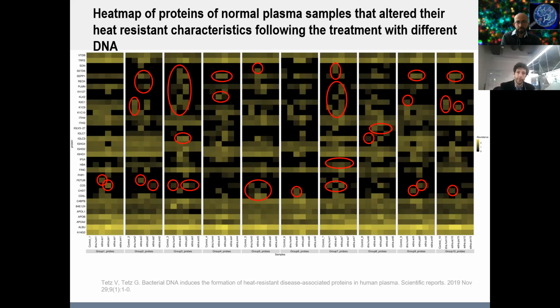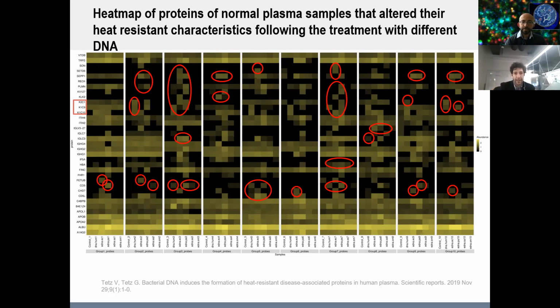And surprisingly, we found prion-like domains only in a few proteins which became heat resistant. And yes, here we go. You can see on there only the red box on the left-hand side. All these proteins belong to keratin type 1 and type 2 cytoskeletal proteins. And notably, these keratins were the only proteins which changed their thermal behavior following exposure to human DNA. So human DNA changed only these prionogenic proteins, and had not altered other proteins.